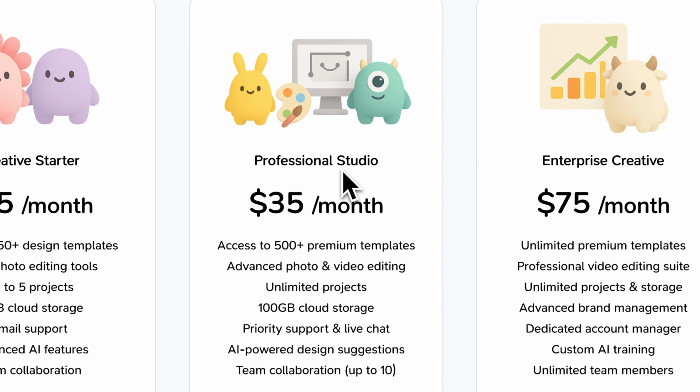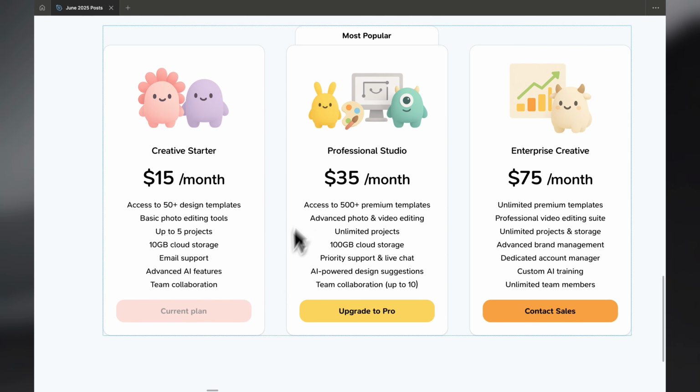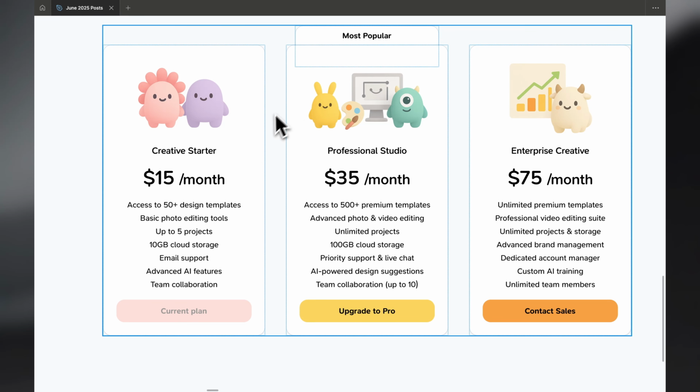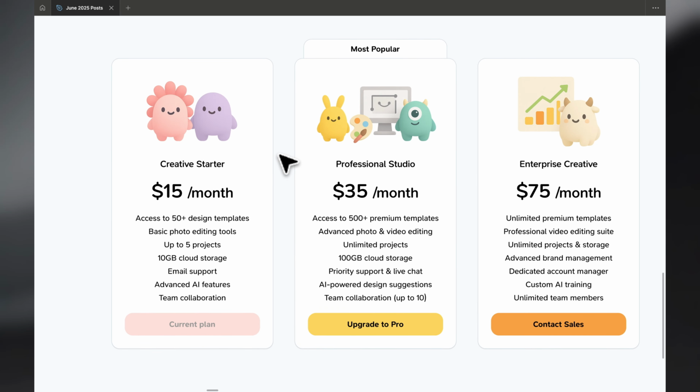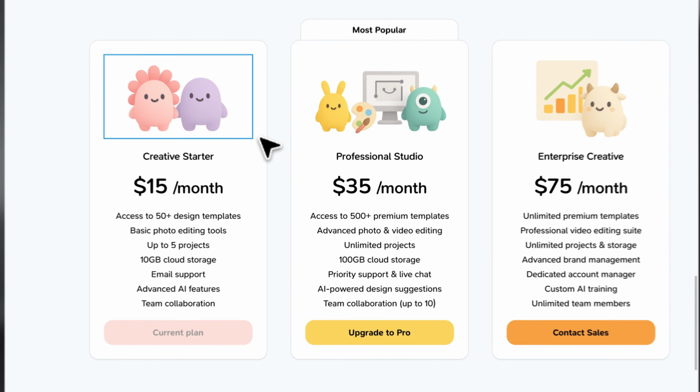Today's topic is how to design a pricing section like this. The main selling point is that it's a little cute, it has playful colors, and it's about a design project. So, first, the illustrations are from